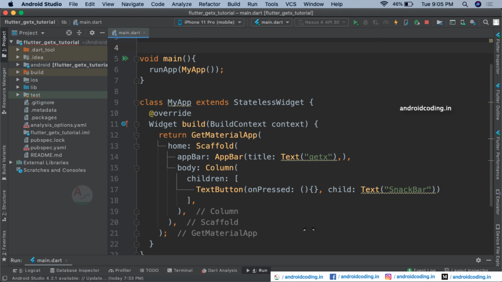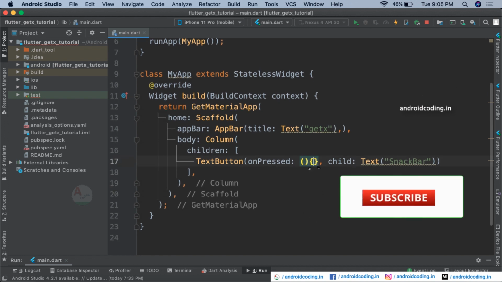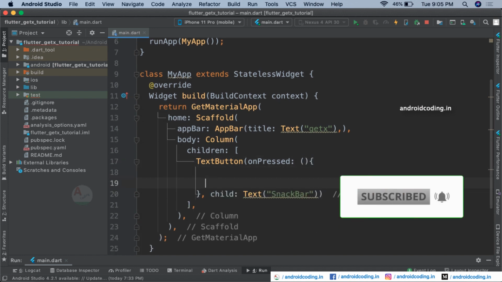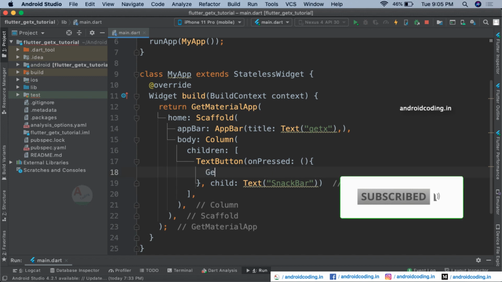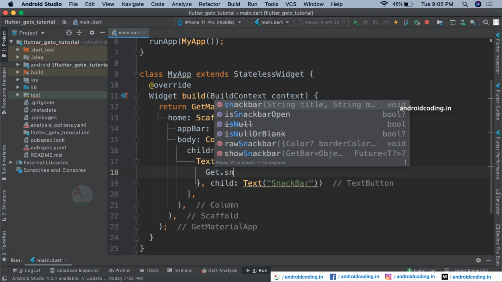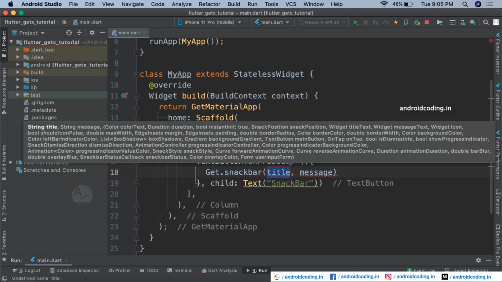So yes, now inside the onPressed method here, let us try to make use of Get dot. So here you are able to see snackbar as the first option. So select it, and here we need to provide the title for our snack bar.